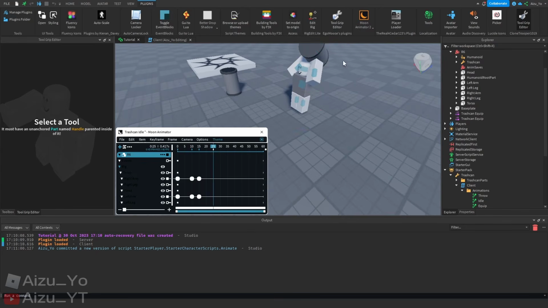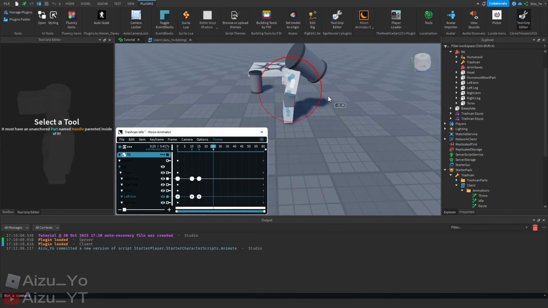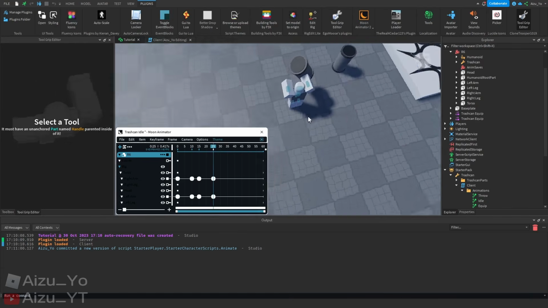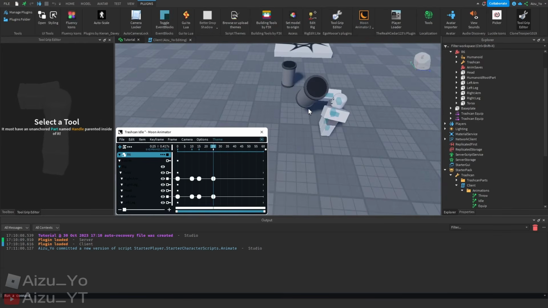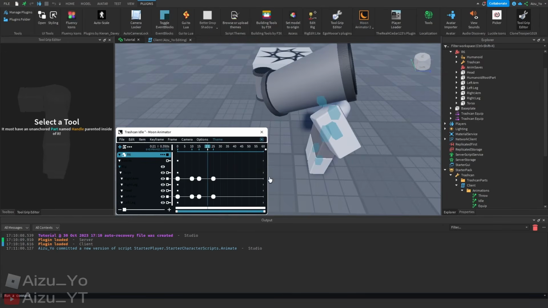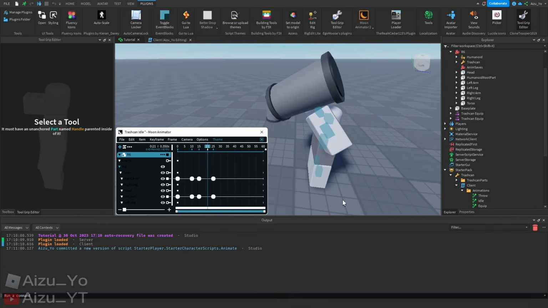Then on frame 25, we want to move our arms all the way forward just like this. Both arms. So this might look a little bit weird, by the way. Like, that does not look like a throwing animation, right? Well, that's not true. Because on about this frame, is where we're going to be creating a